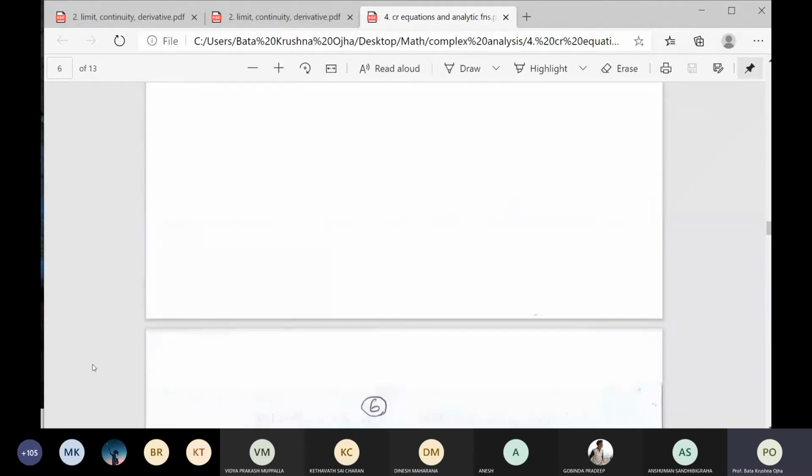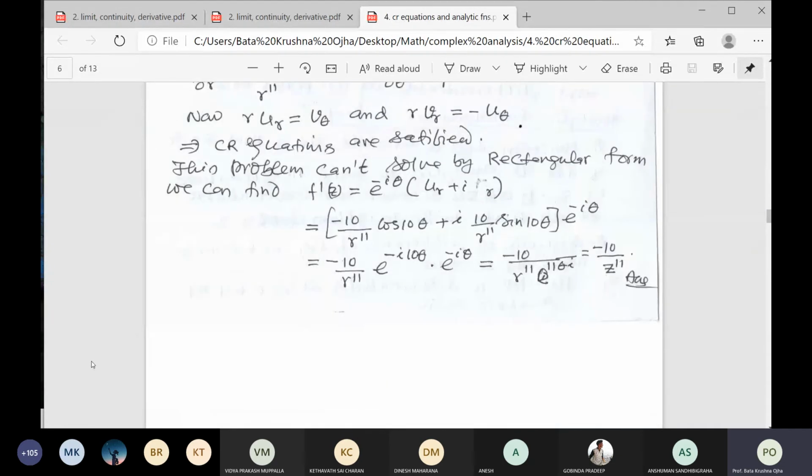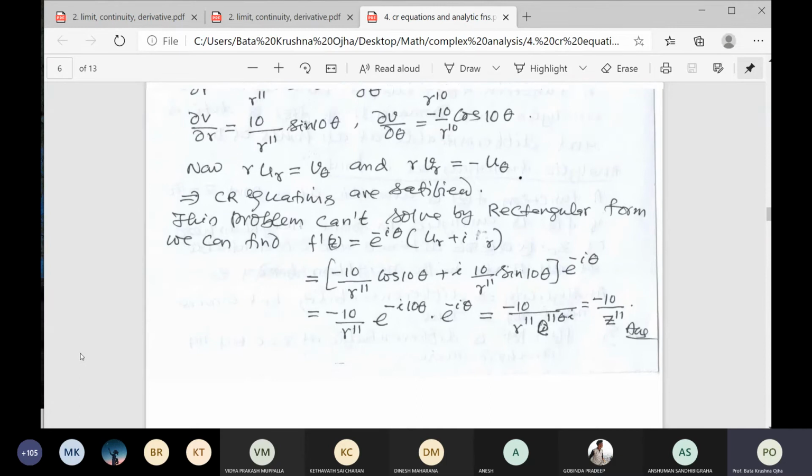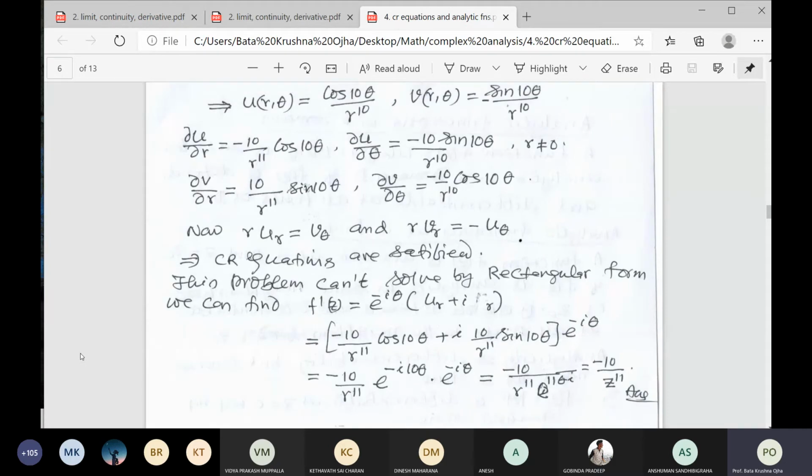Till now, I think you have got 3 to 4 types of questions. One is how to find arguments of the functions. Second is complex functions, that is mapping. Third is to examine the continuity, taking any path. Fourth is the CR equations: the question is given, examine the CR equations. So 3 to 4 questions till now you have got.